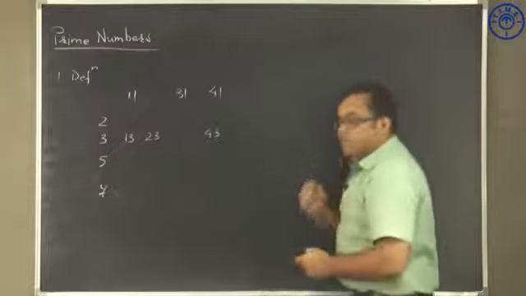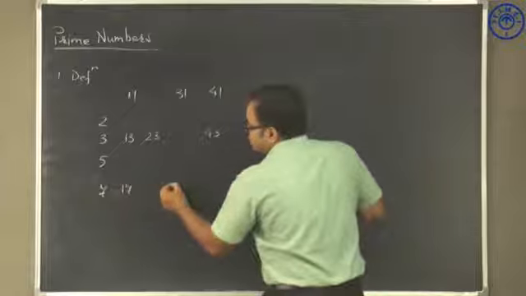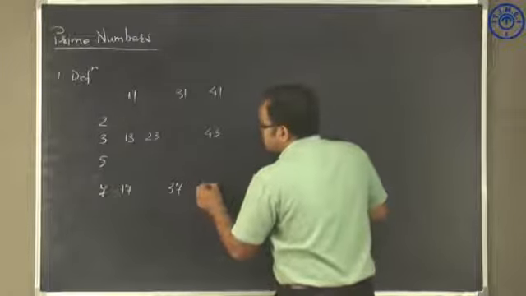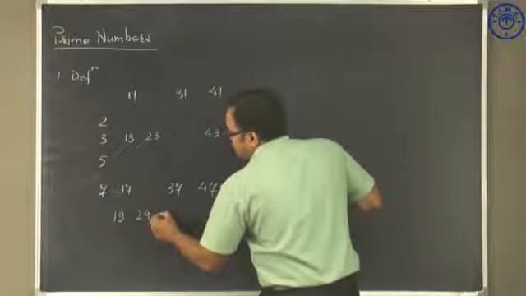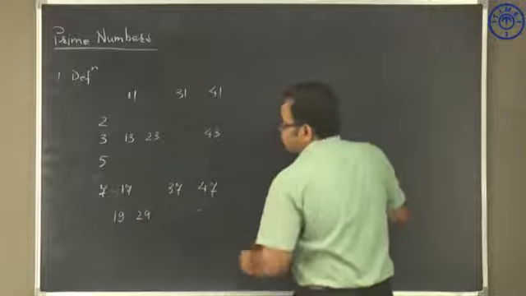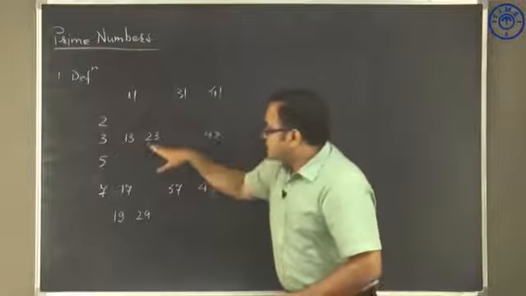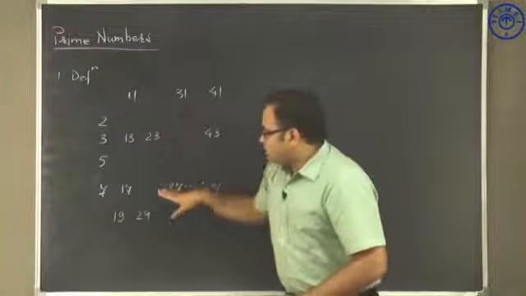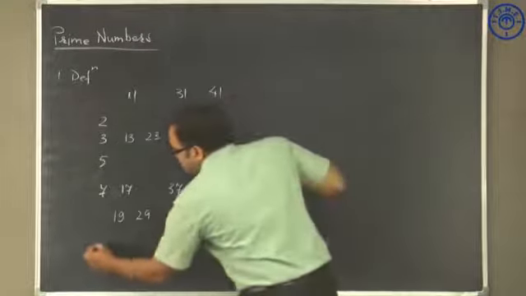Anything that comes in the row of 5 would not be a prime number. 7, 17, 27 is not a prime number, 37, 47, 9 is not a prime number, 19, 29, 39 is not a prime number, 49 is again not a prime number. So, 1, 2, 3, 4, 5, 6, 7, 8, 9, 10, 11, 12, 13, 14 and 15. There are 15 prime numbers